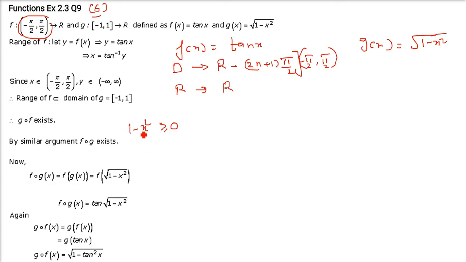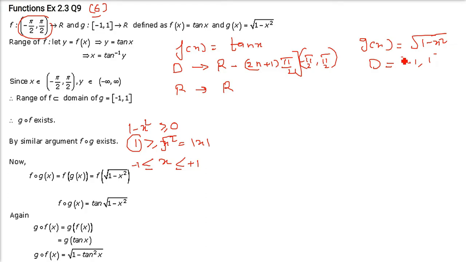So just take this, this is 1. x square should be less than or equal to 1. So how do you do this? I already told you it's under root of x square, which makes it as mod of x. Mod x means x is between negative 1 and 1. So the domain will be negative 1 to 1. So this is the domain.